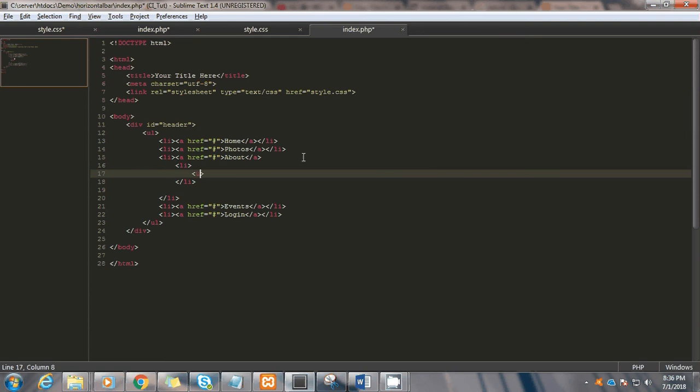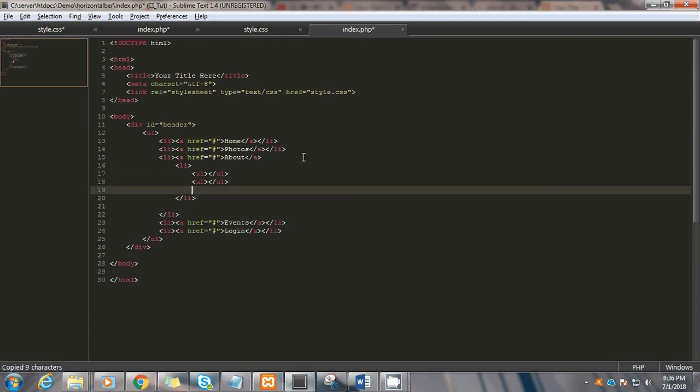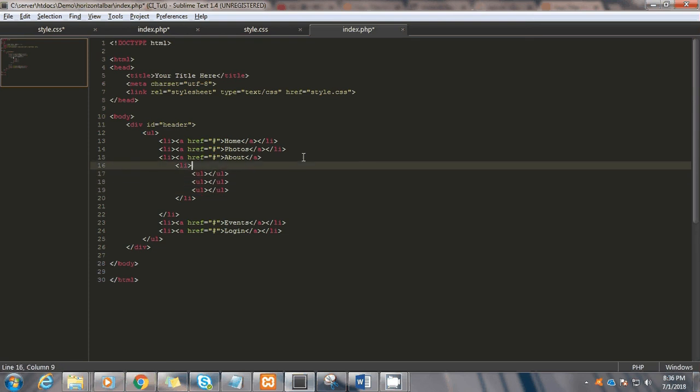Inside this li I have ul. So third or three ULs, and then I'm going to copy this